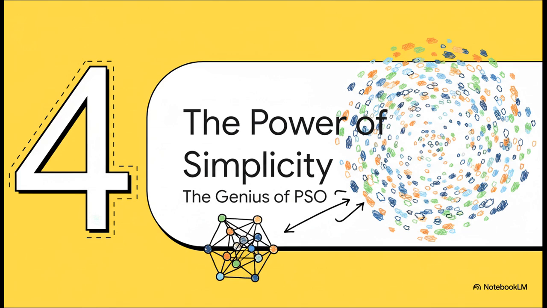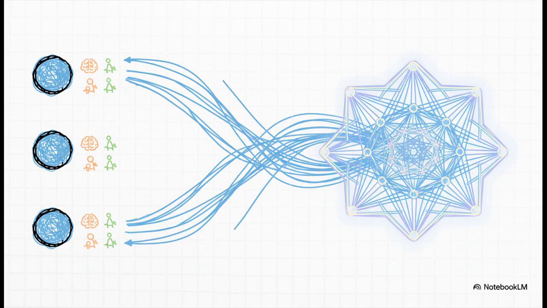Okay, so let's zoom out and look at the big picture here. What is it that makes this algorithm so powerful and so popular? The real genius of particle swarm optimization is just how simple it is. It's the perfect example of what we call emergent behavior. You don't have to code some grand, complicated strategy. You just give each little particle a couple of simple rules. Trust your own experience, but also pay attention to the group's success. And from that, this incredibly effective global intelligence just emerges.